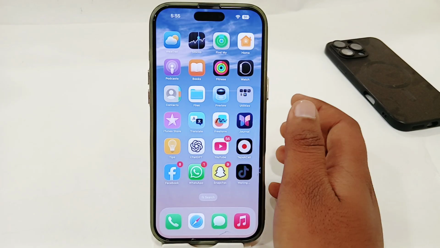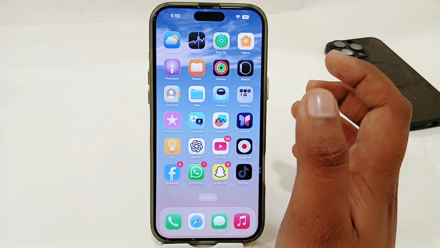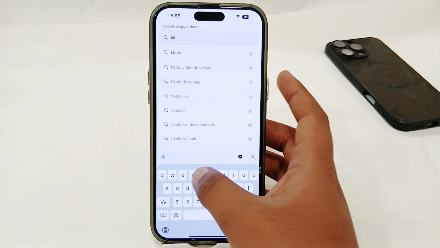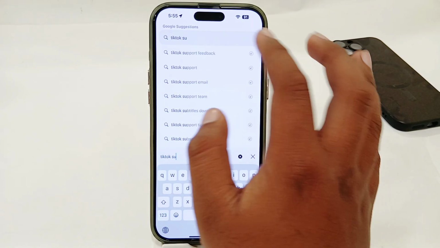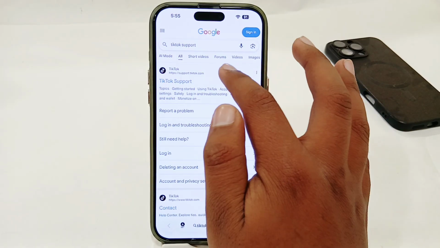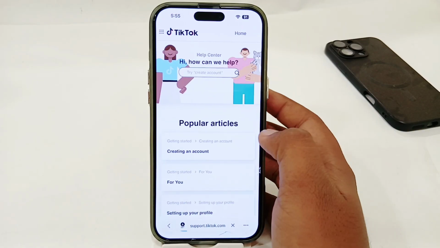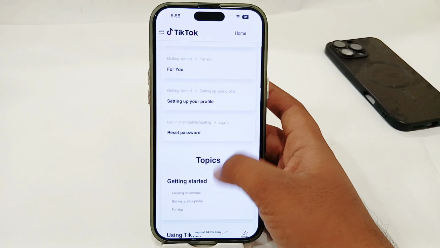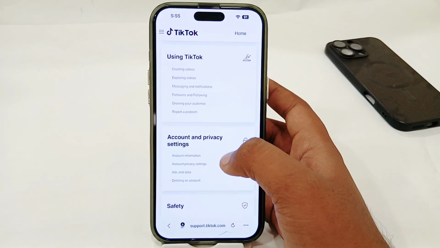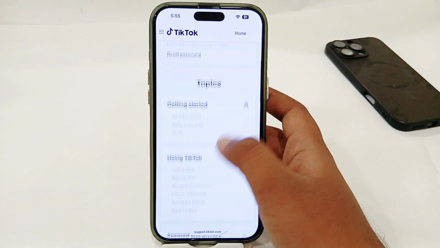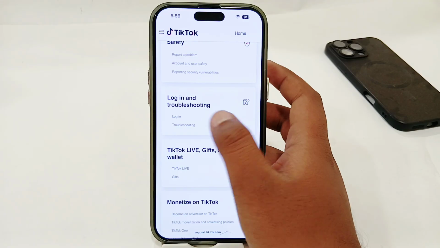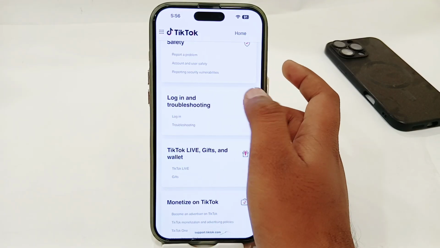Or after doing that, if you're still facing the same issues, you just have to open your browser here and search for TikTok support. Open the first website from here and then just scroll down and look for any option relating to your issue. So in my case, I'm going to select this option which is login and troubleshooting. Select that,